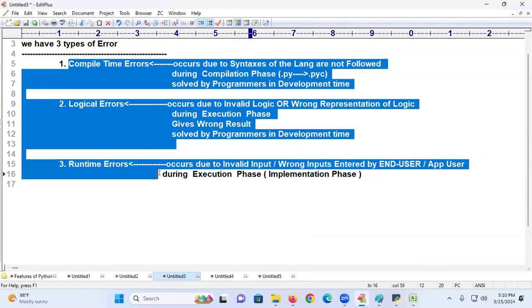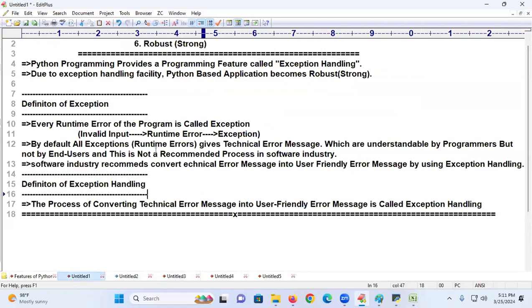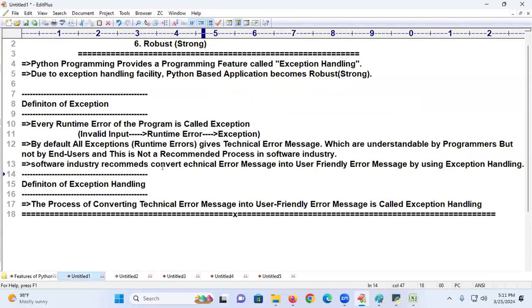As a doctor knows thousands of disease names, a good Python programmer knows a number of error names and how to sort them out. It is an art of the programmer to know which type of exception will come in the program. If you don't know the type of error, you cannot give a user-friendly error message.